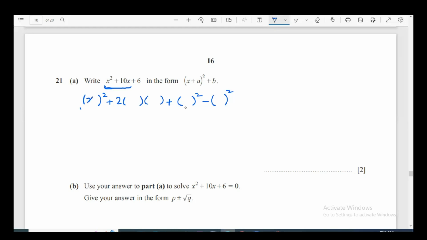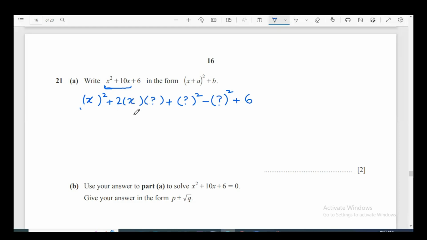So a is x here, x square, and 2ab. B is unknown. I don't know what b is here. And don't forget to write plus 6. So to find the value of the question mark here, compare this second term 2x question mark